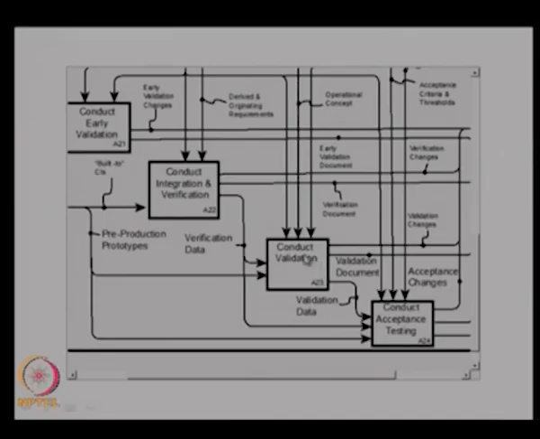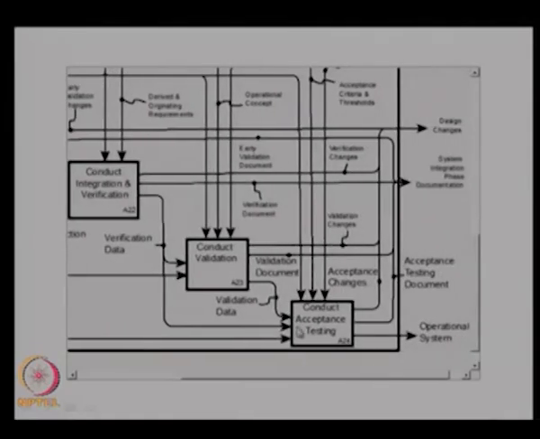again a validation. We will get the validation document and use it to do this, and verification data will be used as well as the prototype and other data for validation purposes. Using the validation data, the validation document and other details from the ORD, the originating requirements document, we will do acceptance testing, which will ensure that the system designed is accepted by the customer, or that it actually meets the customer requirements, and once it meets the requirements you get an operational system